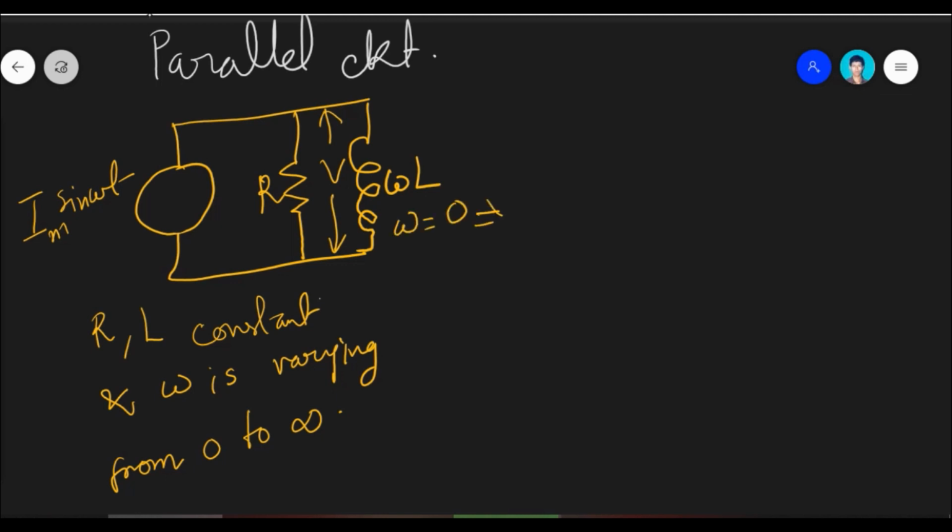So for omega equal to 0, what about your voltage across this branch? V will also become 0. And when you make omega equal to infinite, then what about V? And what about the parallel circuit impedance? Parallel circuit impedance will be...